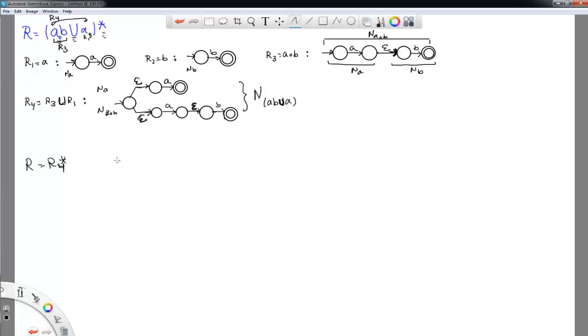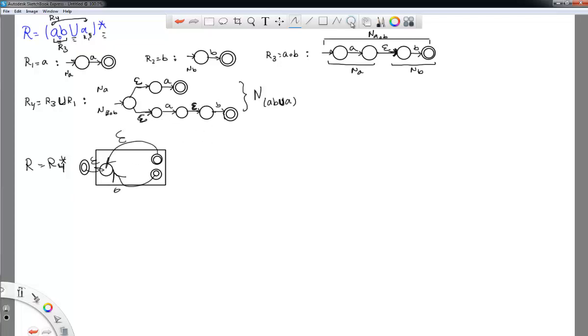So what that means is that if I have my R4, which is this NUAB, so you basically have your NUAB, and all you need to do is to basically add a new start state to it, and then have each of your accept states transition back, and then you basically have your own start state here, and then you'll have each of these accept states transition back over epsilons, right? So this is how you do star.